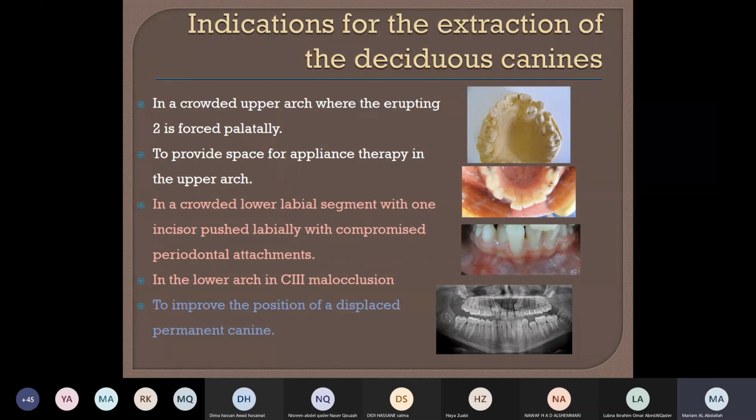Other cases where we need to extract the C are cases with crowding, especially for the lateral incisor that erupts palatally with not enough space to accommodate it. So we extract the C and we use a removable appliance to push that tooth across the bite to its normal position. Another indication is when you have crowding that is localized to the labial segment,